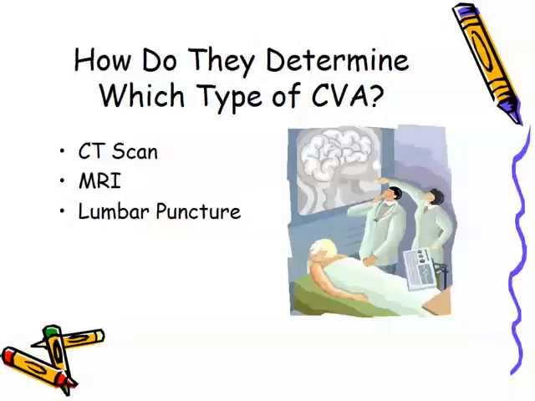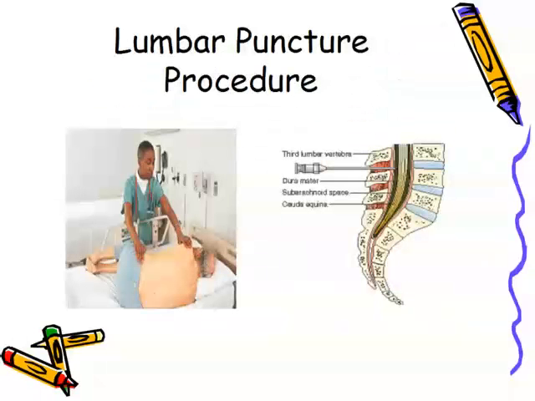This is only done if there's no danger of increased intracranial pressure with the patient, because that can lead to herniation of the brainstem. So when they do a lumbar puncture, remember the patient needs to be in a rounded position, as you see here, where the spine needs to be rounded. So the patient almost needs to be brought into a fetal position with the knees up to the chest to round out the spine, so that the physician is able to access that lumbar vertebrae space in order to do